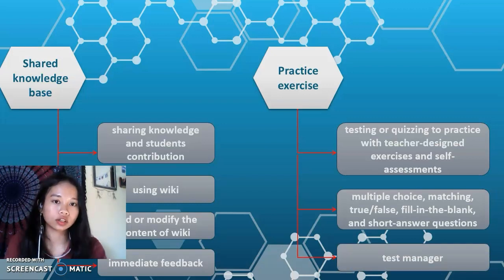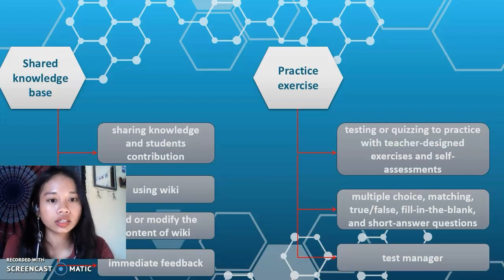The technological tool used here is a task manager, because it enables the teacher to set up a test with questions and provide students with feedback about correct and incorrect answers.